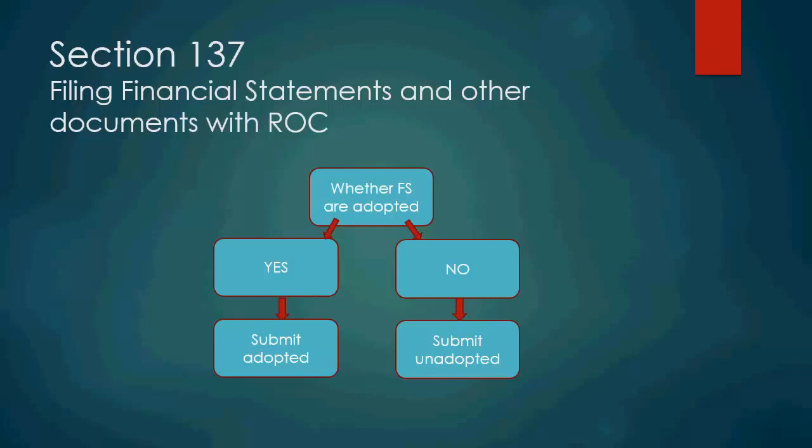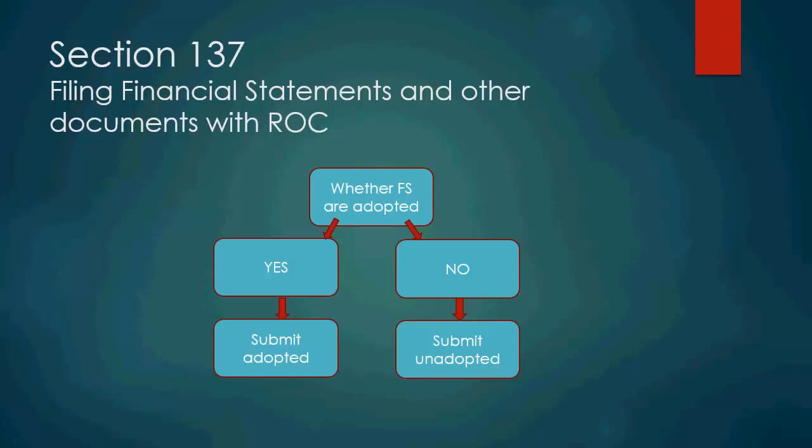So within 30 days from the end of the AGM in which the financials failed to be adopted, the company will have to forward the unadopted financials to the registrar of the company. And then, for example, if the subsequent or the adjourned AGM is held 1 week later, say 27th of September,